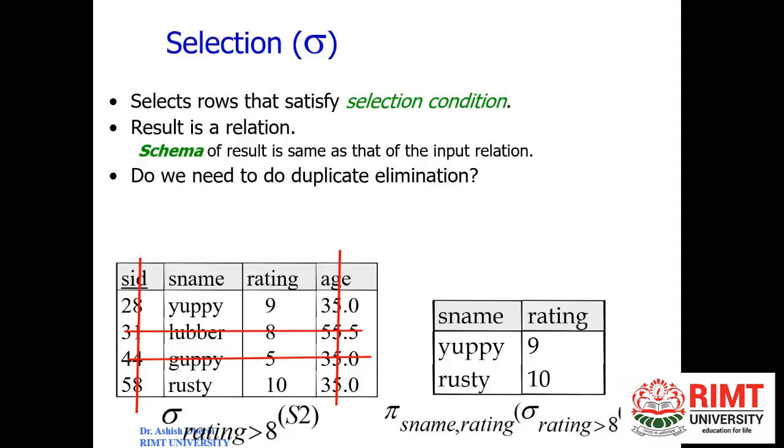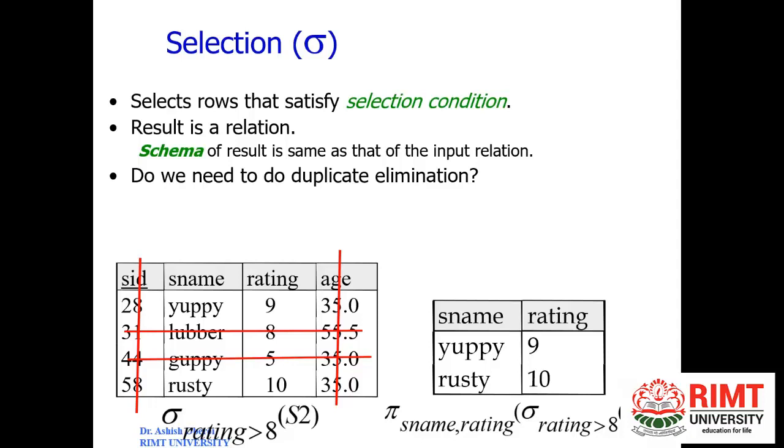So then the result is a relation. Again and again in my slides you will find that I mention all the time that the result is a relation. We are applying different operators on the relation, and the result is a relation. Clear? The schema of the result is the same as that of the input relation. Obviously, the schema will be the same. In the external view there are a lot of sub schemas, but a sub schema is the same as the schema. So whatever form the relation has is from the schema itself, the conceptual schema. Clear?